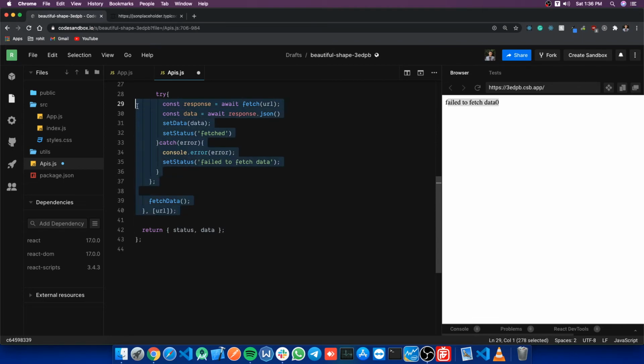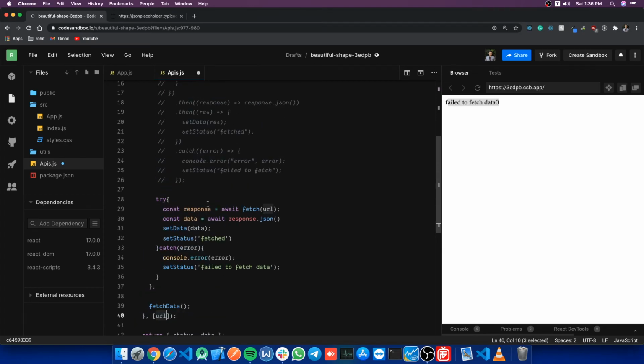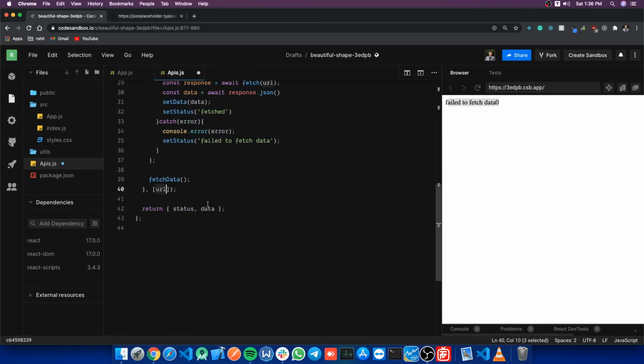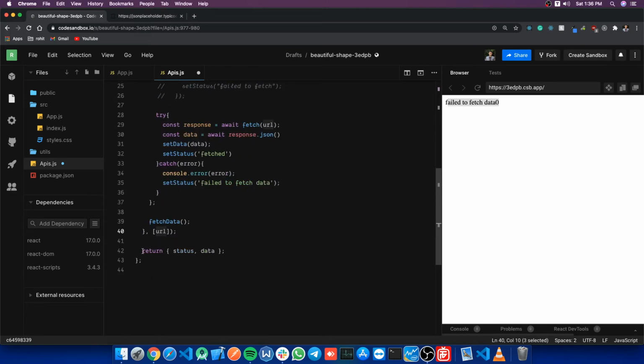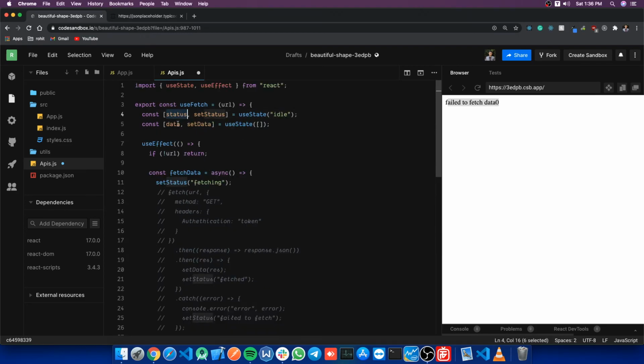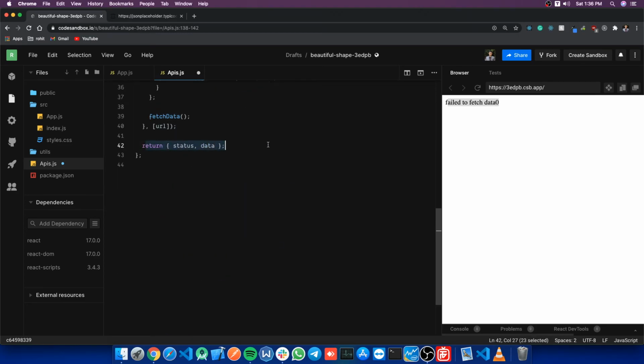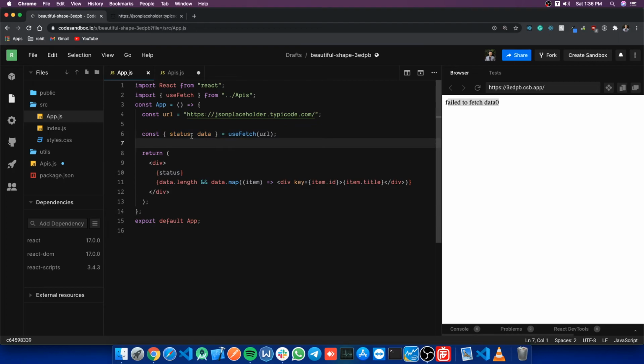It will only re-render this when URL changes. Okay, and when URL changes, it processes it, and in the end we are returning status and data. This status and data we are exporting, returning to here on line number 6, and then we simply destructure status and data out of the custom hook.